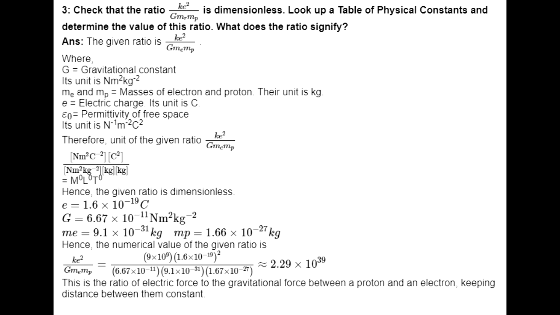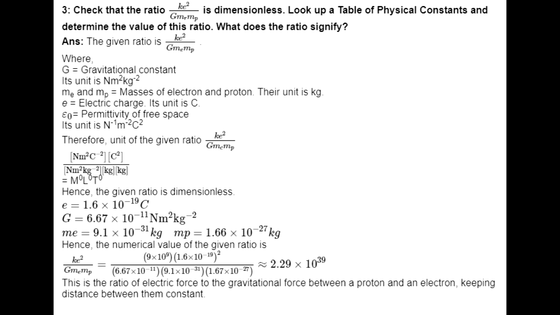Here both particles are, one an electron, another a proton. So the charge of both is equal to e, whereas the masses are Me and Mp. When you take the ratio, it is a ratio of two forces, so it is a dimensionless quantity. So it has no unit. The dimensions will be M^0 L^0 T^0.